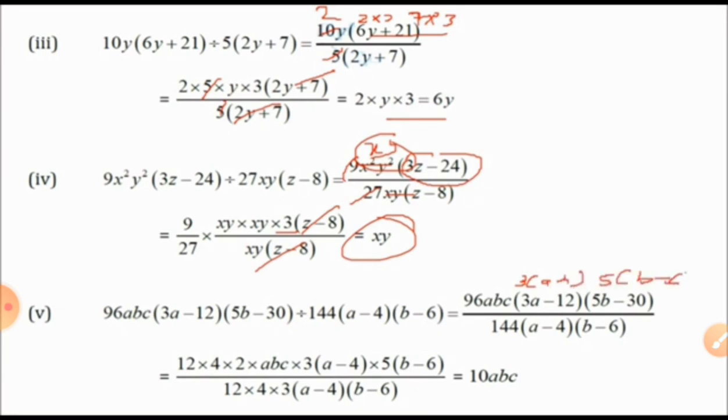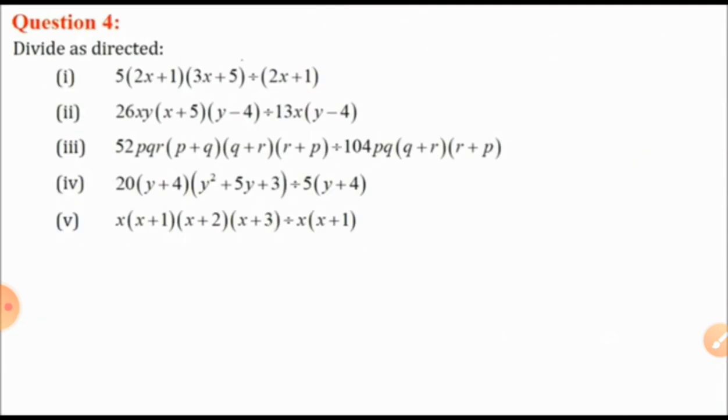These are the questions related with SSC. So don't be afraid, it's a little bit hard to understand, but put in the practice which makes it a very easy method. 10ABC will be the final answer. Yes, correct. A minus 4 will be cut, AB minus 6 will be cut, 3 will cut, 4 cut, and then after 12 cut. Only the 10ABC will be the answer.